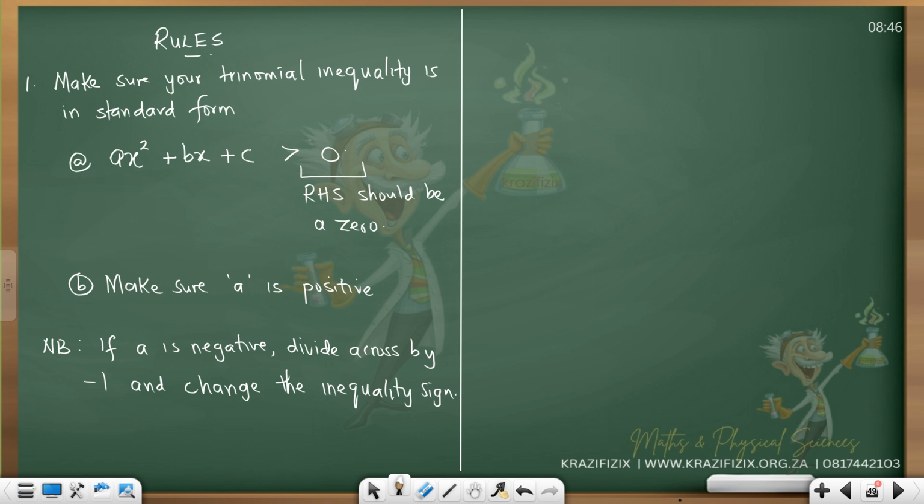Every time you divide by a negative, you must change your inequality sign. That is very, very important. Anytime you multiply by a negative or divide by a negative, you must change your inequality sign. Number 2,